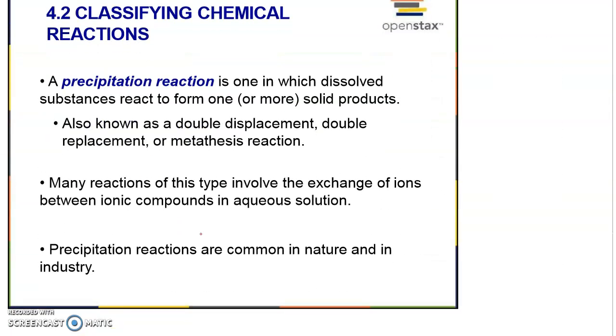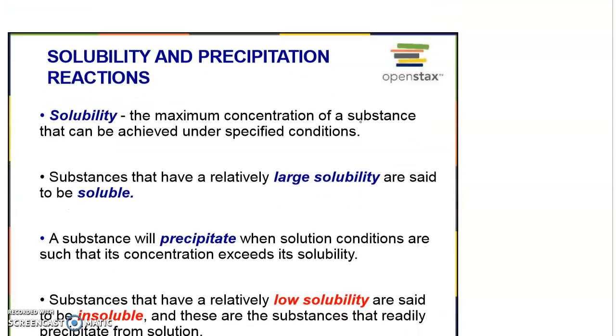All right, let's get started with precipitation reaction. A precipitation reaction is one in which dissolved substances react to form one or more solid products. All right, let's see some examples. Remember, it is dissolved reactants to form a solid product. That's precipitation. Okay, so how do we know if the solid that is formed will be dissolved back again or